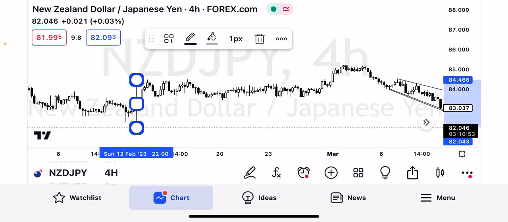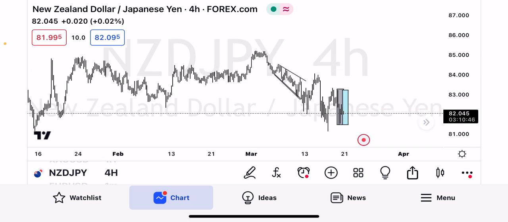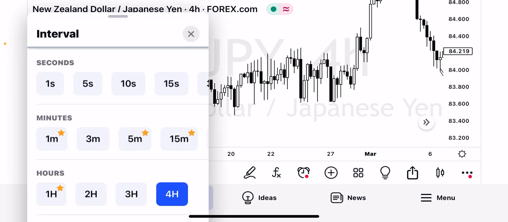See it here. Anyway, that's an overview for time frames and how to use the TradingView app. You can,